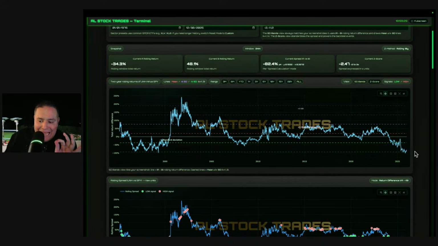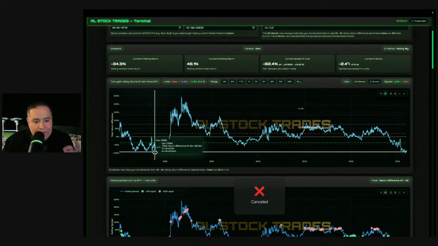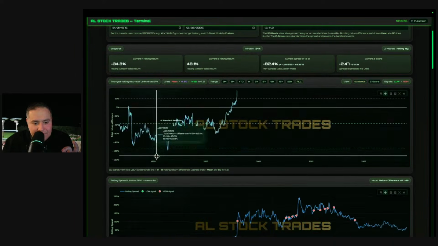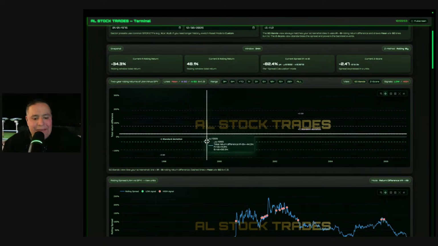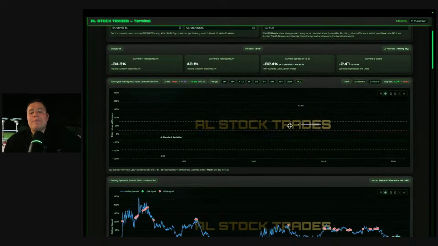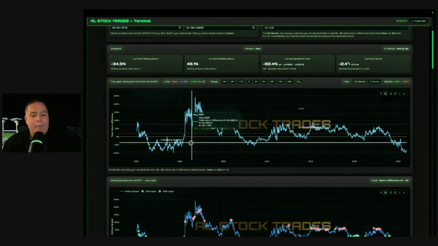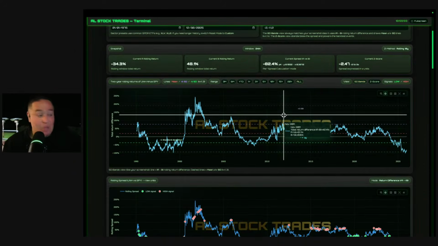The last time United Healthcare was this down, let's just follow the mouse. The last time it was down, I want to see a blue line here. Do you see it anywhere on the screen? Oh, it's right there. When was this? Let's zoom in. The last time this happened was 1999. The last time it was down it's literally a replay of the .com bubble. And then all of a sudden, the stock exploded.